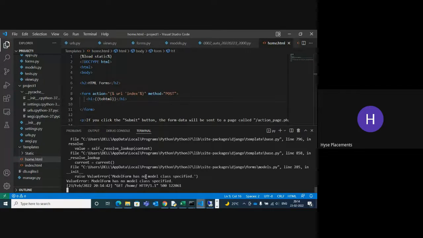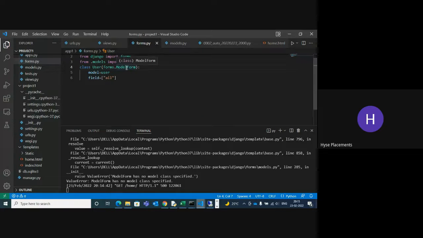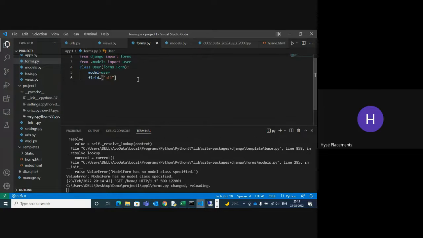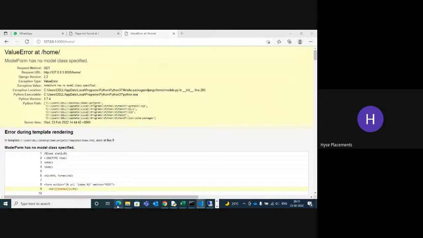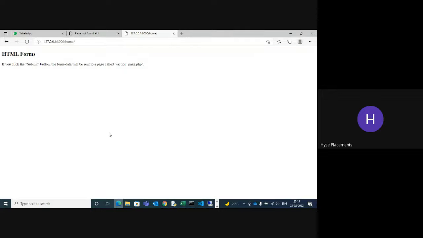The model form, okay. Form. HTML, click submit button.